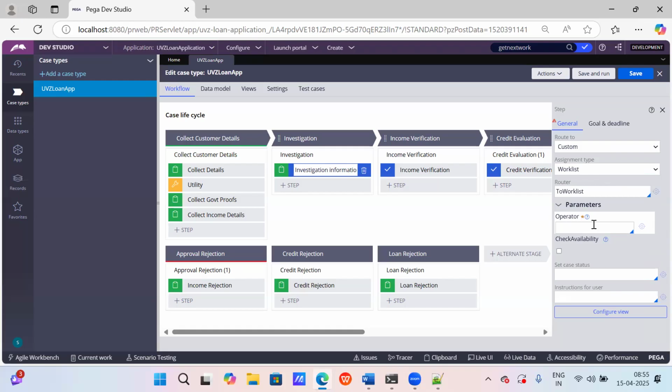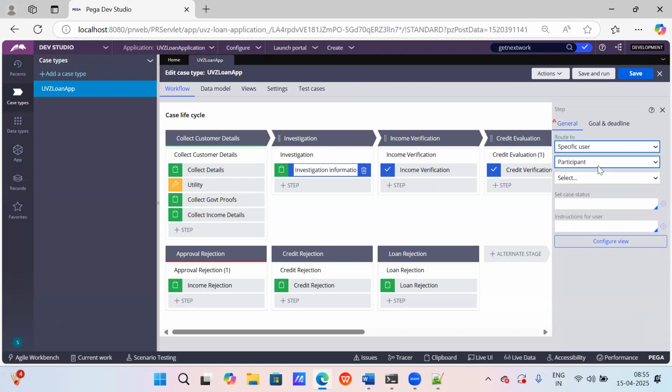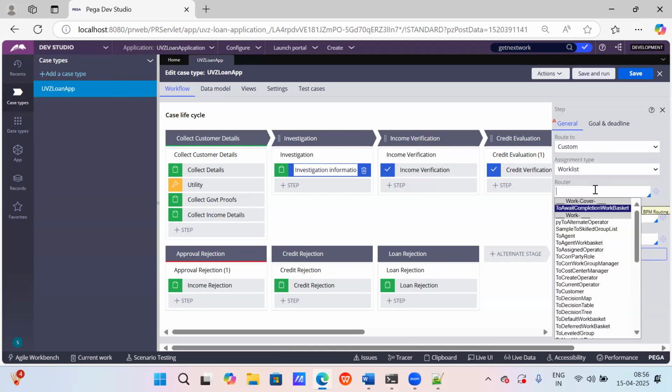Okay, got it? So someone asks you, I have a requirement to route to a single individual. Then the first way you need to tell him is to select this specific user and provide that user ID or participant name. Or if it is a reporting manager, select this option. Then he will ask you what is the other way. I don't want to select this from here, but I need to use one utility. What is the utility that we need to use? It's very simple. We have this router activity. We need to use this router activity to worklist.